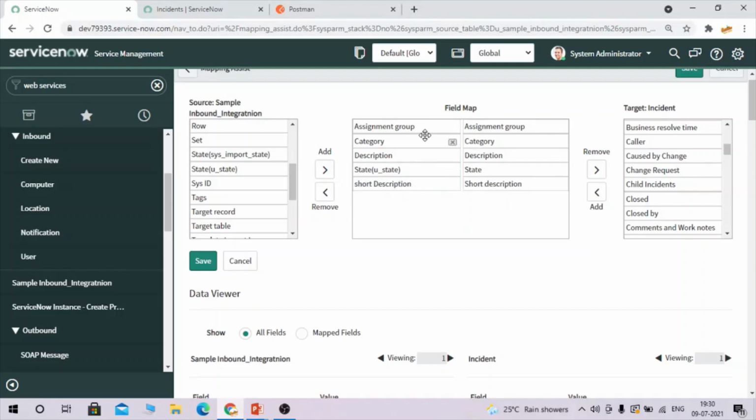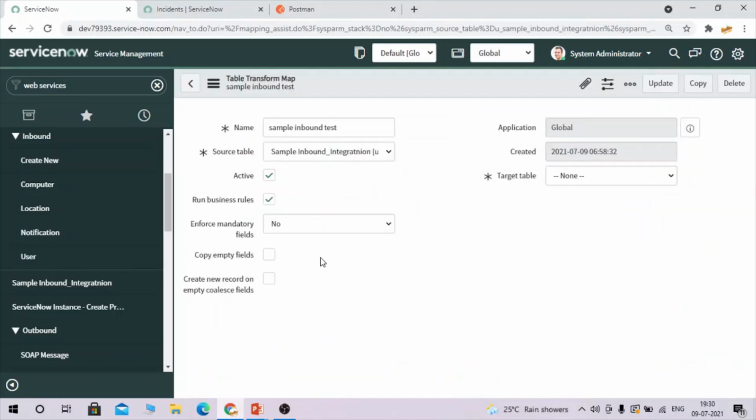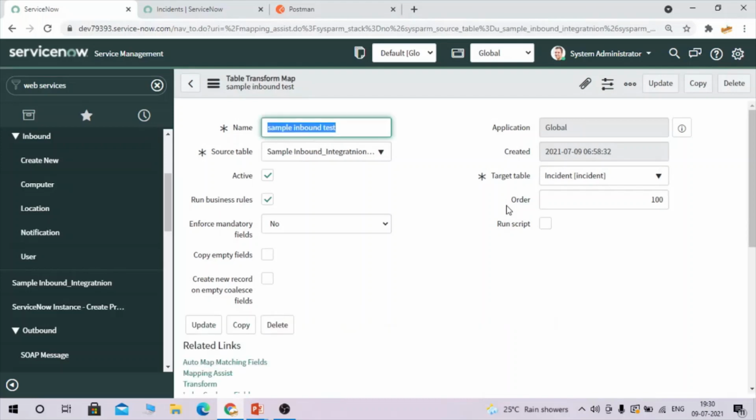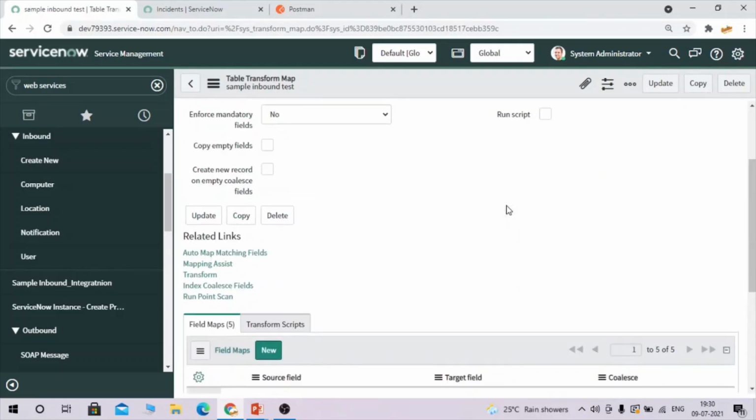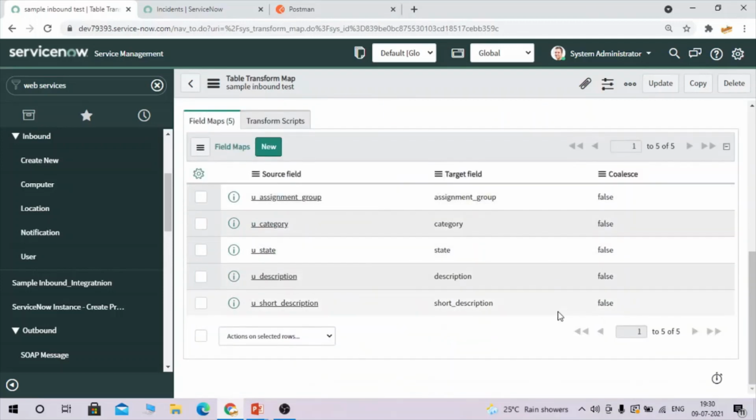Okay, so I have mapped what I had created, assignment group to the target table, the incident table's assignment group. So this is how you can do the mapping, and you can save it. From next time we can just click on auto matching and this mapping will happen here.